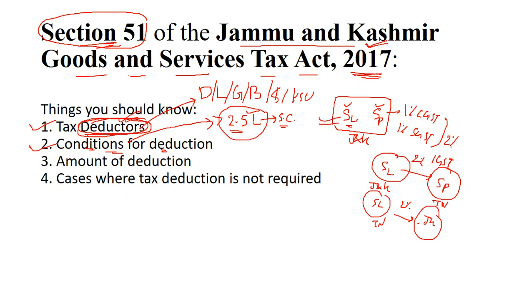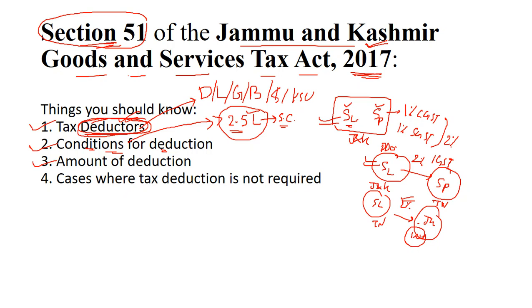You will deduct 1% plus 1% of GST. And if the supplier is registered in J&K and the place of supply is outside J&K and the DDO is himself in J&K, in this case you will deduct 2% of IGST. And if the supplier is registered in Tamil Nadu or in any other state and he is supplying the items in J&K and the DDO is himself registered in J&K, in this case he will deduct 2% of GST. What is the amount of deduction? You know that you will deduct 1% plus 1% of CGST or SGST, or sometimes you will deduct 2% of